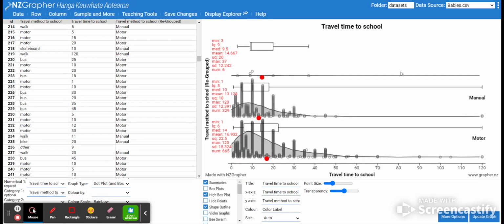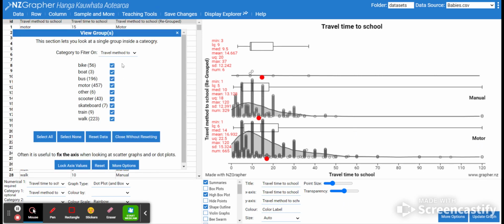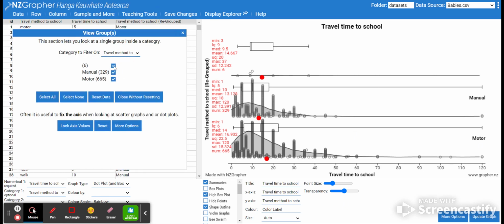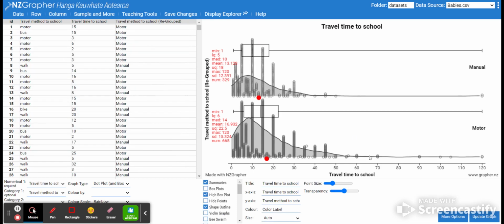Okay, and it's split up into my motor and manual, but remember we have that other category. So just like we did before, I'm going to go to sample and more, view groups, and I'm going to unselect that other category, and then now I'm just back to two categories here. So manual includes all of the things like walking, skateboarding, biking, etc. Motor includes all the things like cars, buses, and